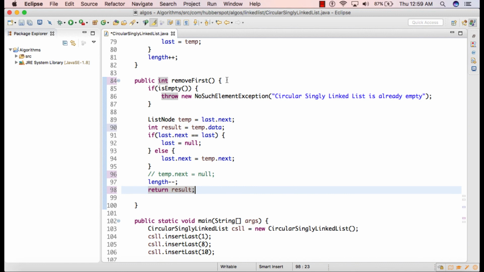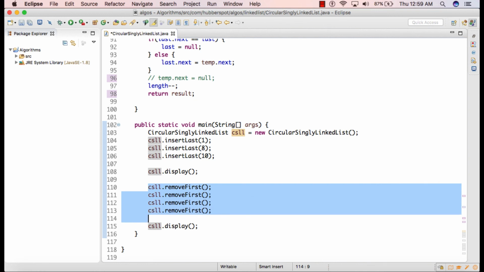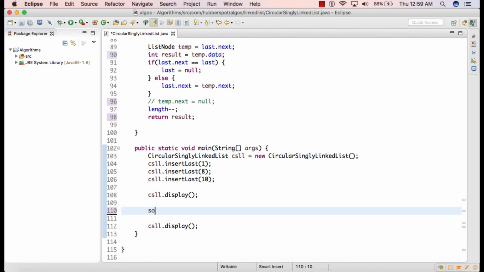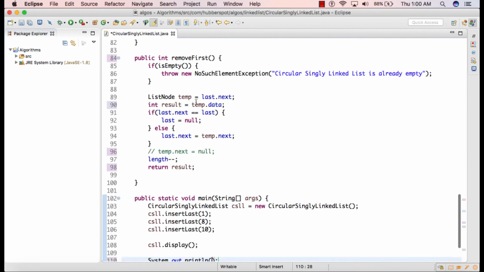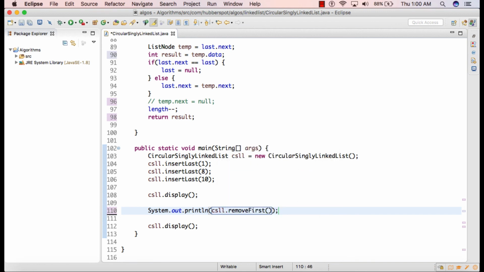So friends, initially we removed the first node from the circular singly linked list and we returned it back. And after some modification, we are returning back the integer value. So let's test the working of this method. Here we'll just print the data which remove first will return us back. So here we will call remove first. You can see there are 3 nodes, 1, 8 and 10, and then we are removing the first node. So it should print the value as 1 because 1 is the first node of the circular singly linked list. And if I run the code,